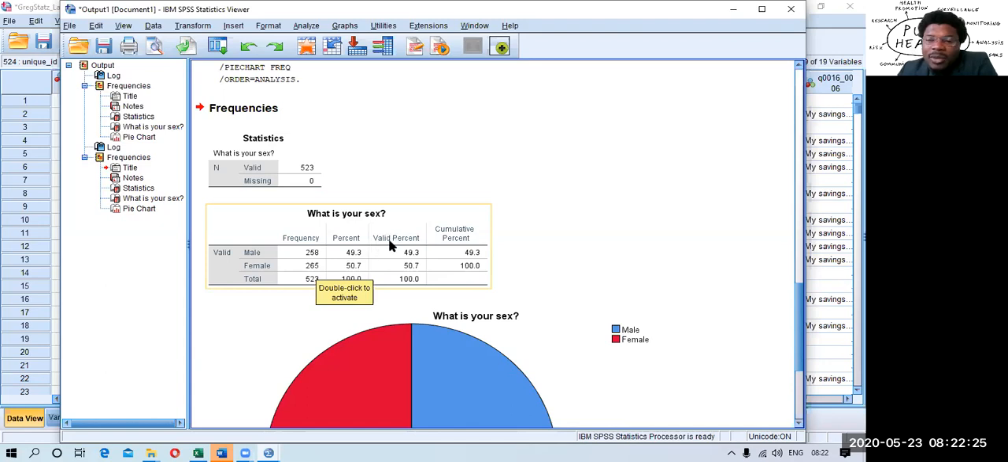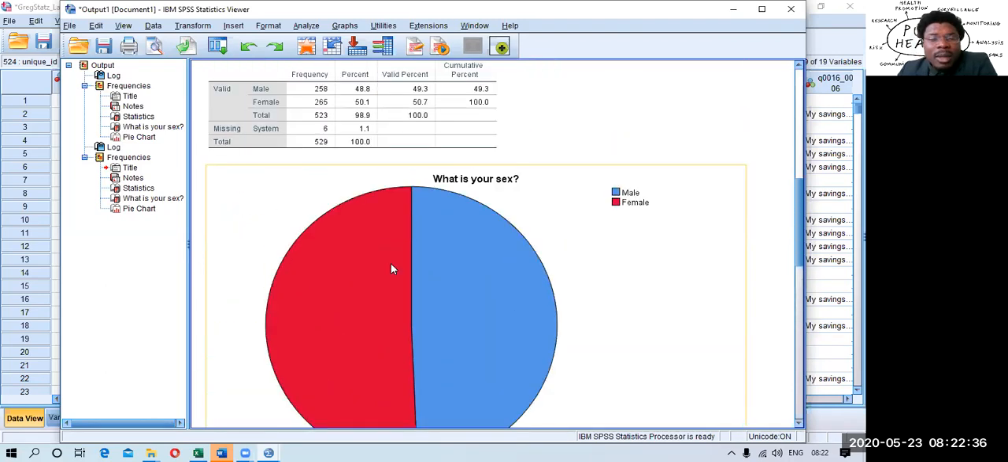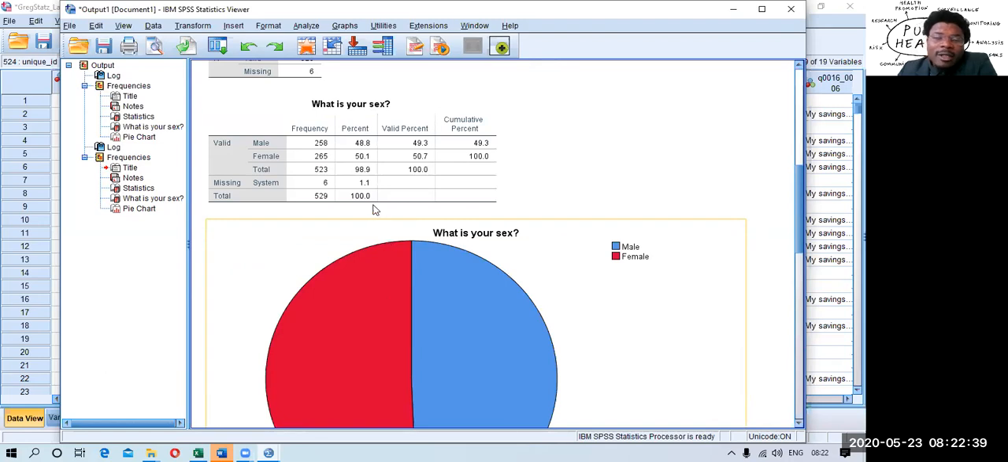We use valid percent when we have missing in our data set and we don't want to represent the missing in our percentages. So let's go up a little bit and see what we mean. Remember we had missing before we cleaned it up. In this case, 6 people were missing. The total percentage was 98.9. So if you use 48.8 and 50.1, you may not be absolutely correct until you include the missing percent